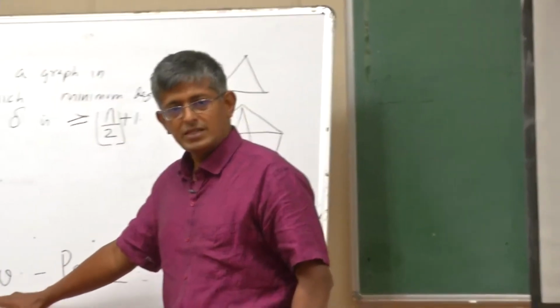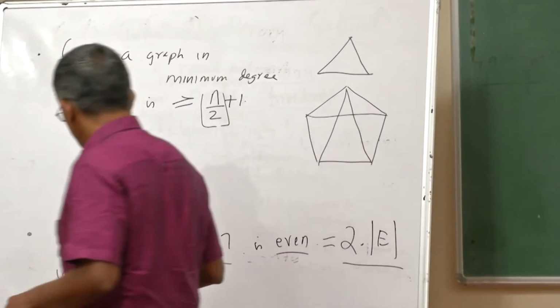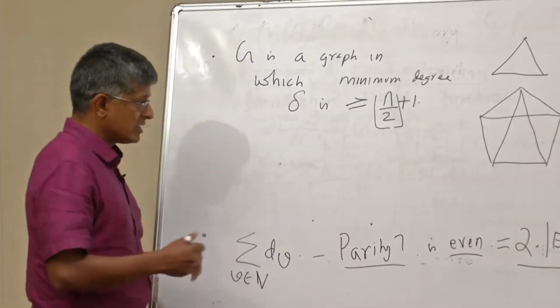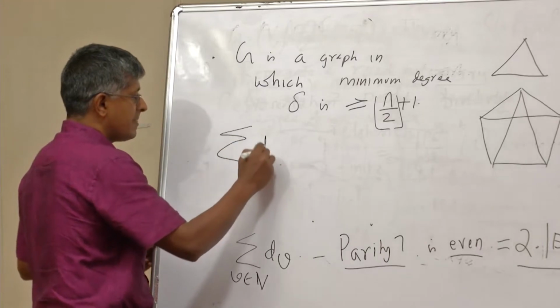It's only true for graphs where every edge has exactly 2 vertices. That's correct. No, it's always true. Always true. Okay, that's a good question. I didn't complete the proof. So let us look at this summation. How can you write this summation? Basically, you're going to count every edge. So this is a good exercise. So it's very easy. So summation dv